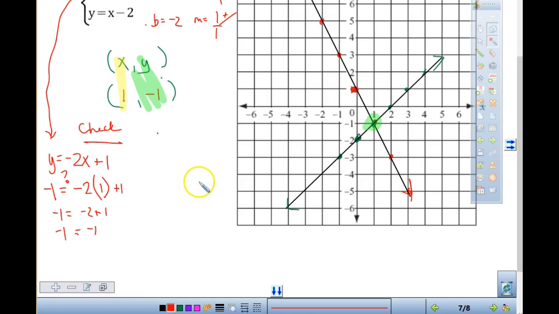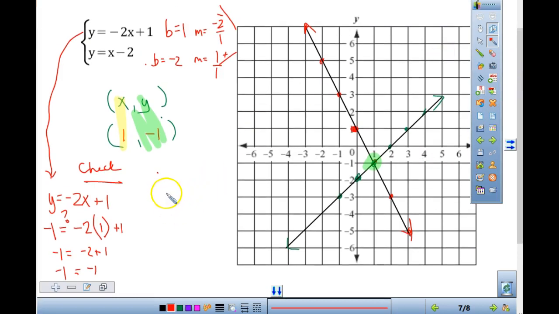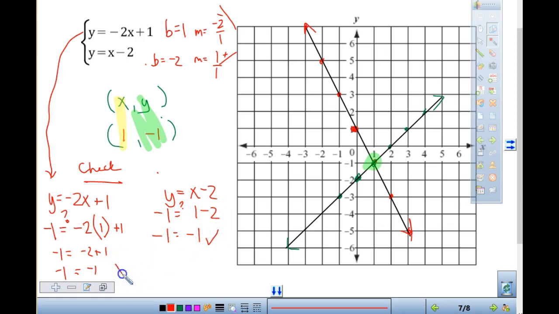Second check. Sophia, what is the equation we need to write down for our second check? Y equals x minus 2. Emily, I'm replacing y with what? -1, and the question is, does that equal? Keep going. The x should be 1 minus 2. So is -1 equal to 1 minus 2, -1? And it checks in both cases. Please, if you do not have that written down,